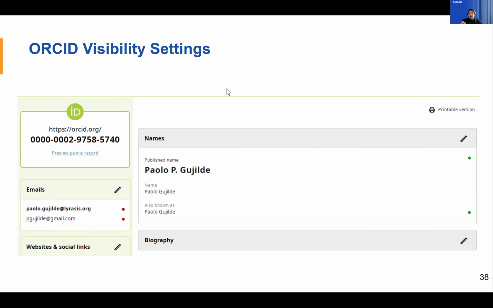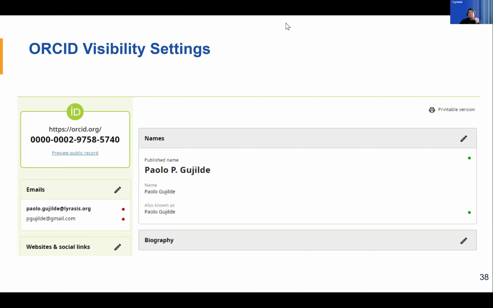And then we talked about visibility settings earlier, which apply to the entire record. You can also control pretty much all sections of your ORCID record, even one entry.